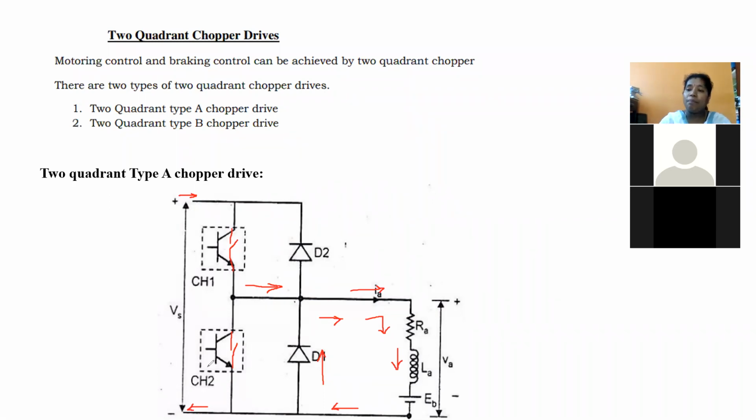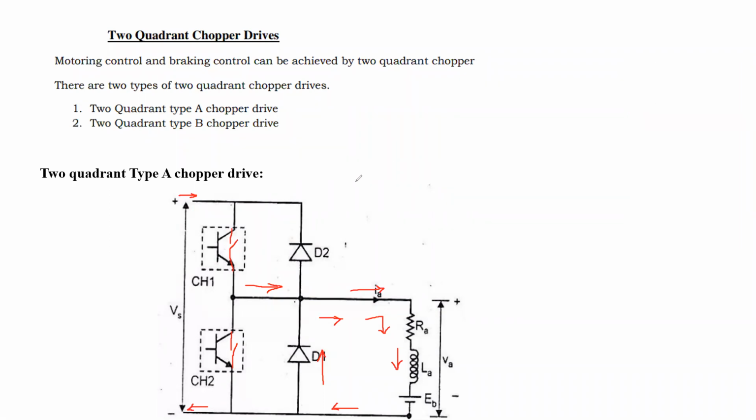And next, can you guess how this chopper 2 is going to be operated? Chopper 1 is already turned off here. What happens to chopper 2? Can you guess the current flowing path for chopper 2? From your supply voltage, is there any path to turn on your chopper 2 directly? First of all, tell me that. For chopper 1, there is a direct path. By your supply voltage, you can easily turn on your chopper 1. For chopper 2, there is no direct path.